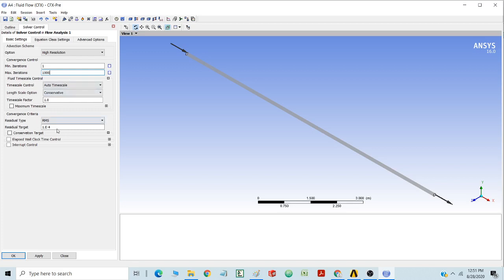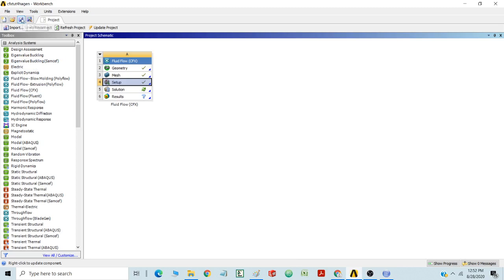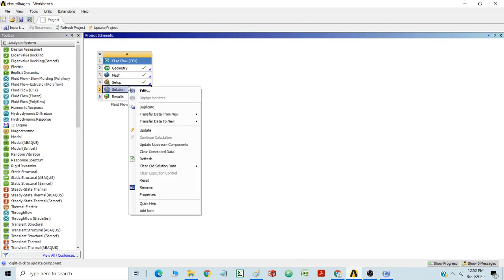And the convergence criteria is 1e-4. I am going to take it as 1e-3, because for a simple problem like this I don't want such a strict convergence criteria. Now I am going to click OK. Now the next step is to save this whole thing, and I'm going to click the save button here. After doing so, I am going to click on the solution, and I'm going to right click on it,